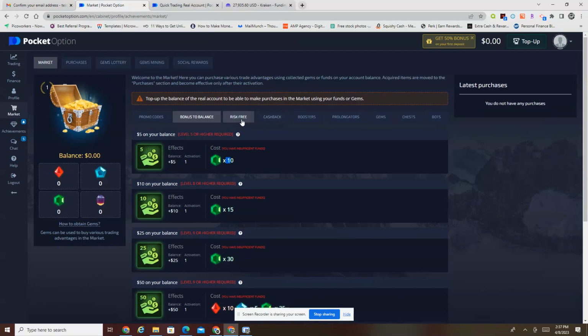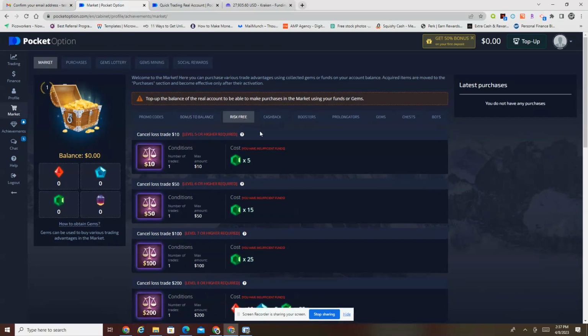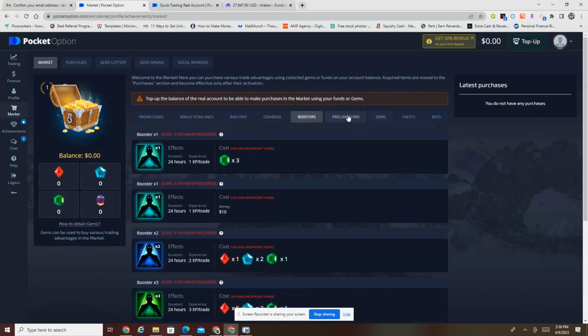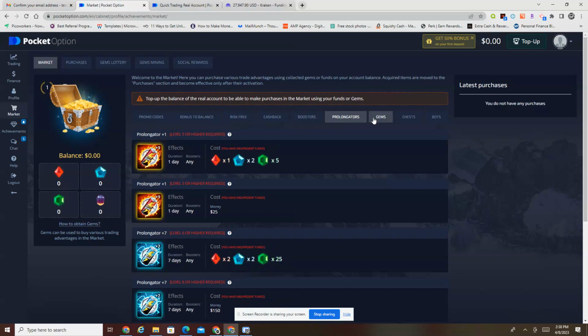All right. So the risk free part of it, say you took a trade for $10 and you lost it, but you have one of these risk-free trades. This will basically cover your loss. So in order to obtain that, you would have to have at least 5 of these green gems in order to select this condition. They also have cash back features, boosters, a whole lot of different features,